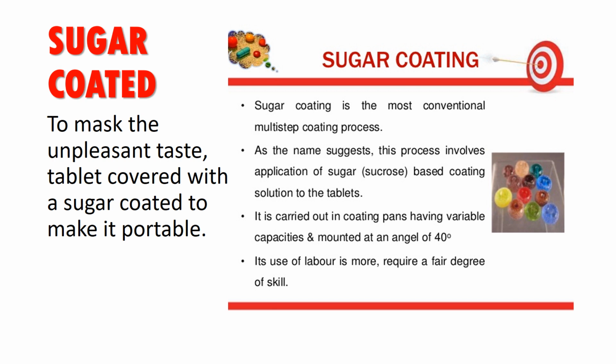Coming to the next classification, that is the sugar coated. Here this is also done to mask the unpleasant taste the tablet will have, where the tablet will be covered with a sugar coated polymer sheet like membrane. Now this is also made so that it will be palatable for us, to mask the unpleasant taste. Now the process of sugar coating is not so necessary, but I have just mentioned in my slide how it is being sugar coated. Those who are interested can read and understand these steps, how they are done. Okay, so sugar coating is also done to mask the unpleasant taste.